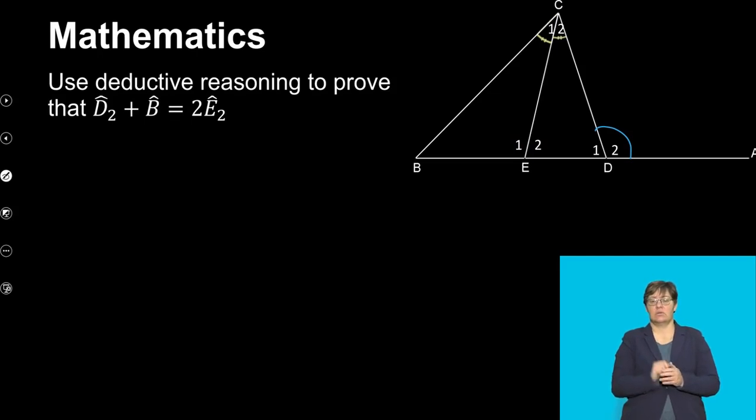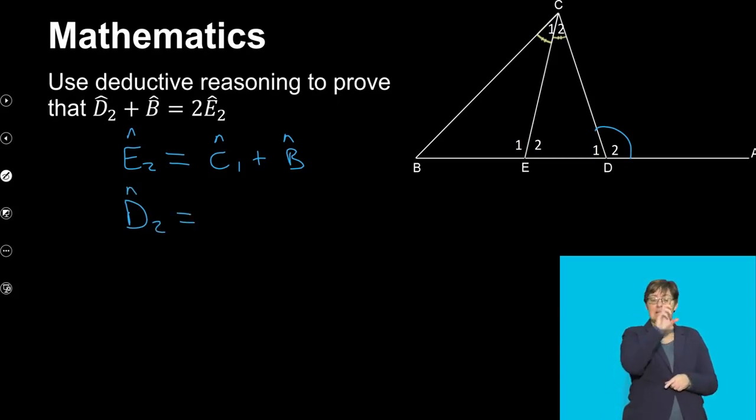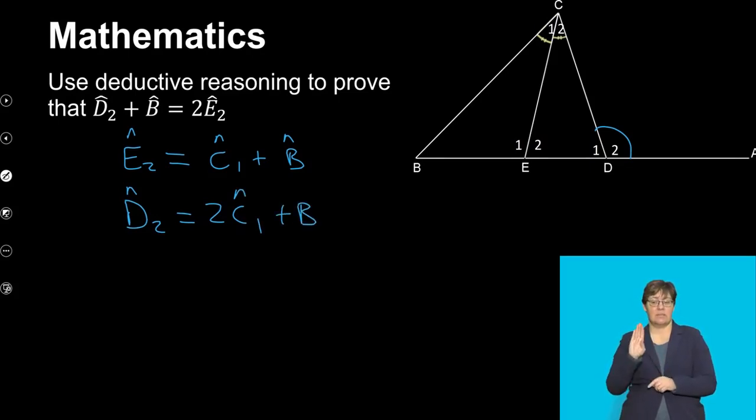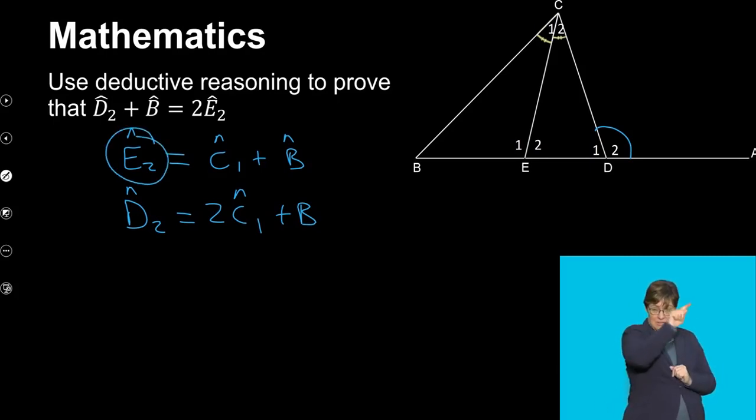All right, so what do I know about E2? My plan of action is I must try and use E2, because I know that E2 is equal to C1 plus angle B, right? And then I want to make B the subject of the formula. But I also know that D2 is equal to 2C1 plus B, right? So you can now see what is happening here. What this simply means is if I want to make E2 the subject of the formula, which is at this point, I will then say